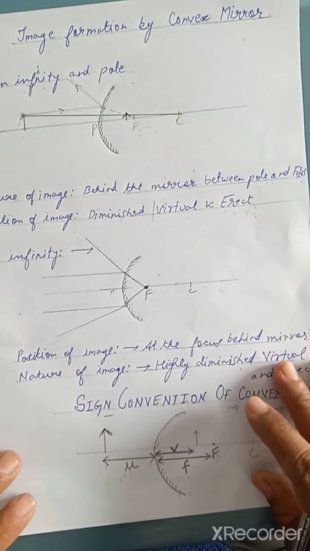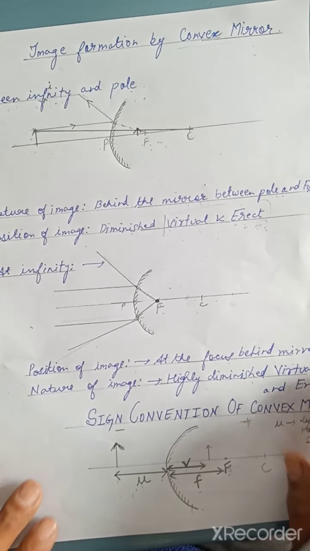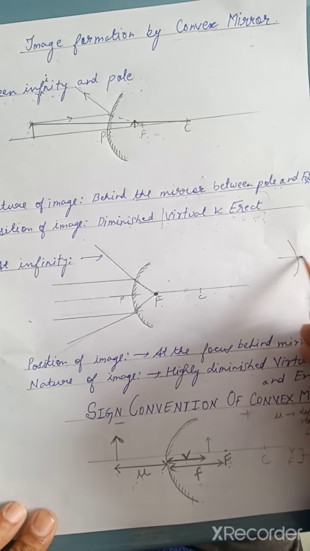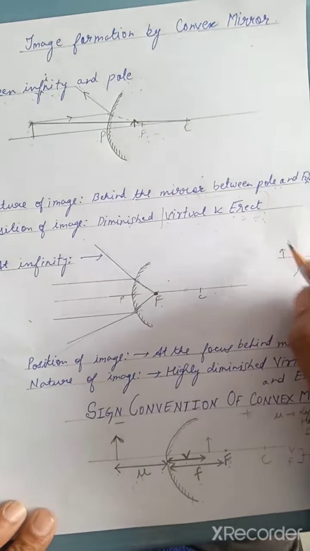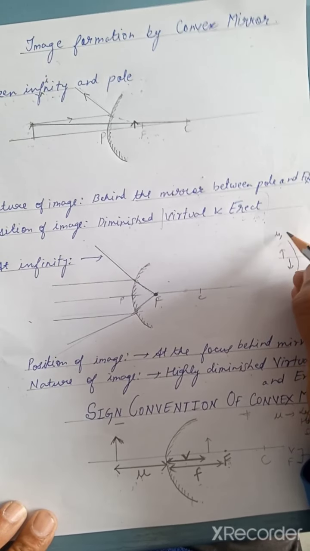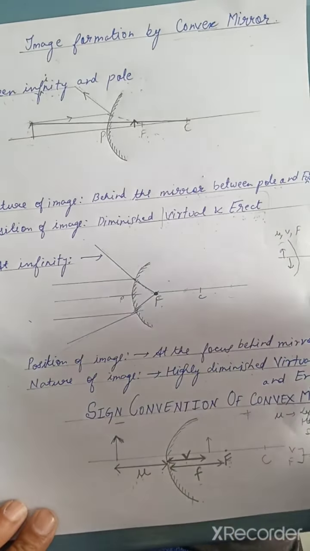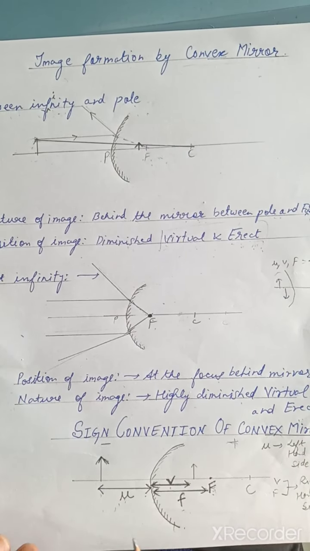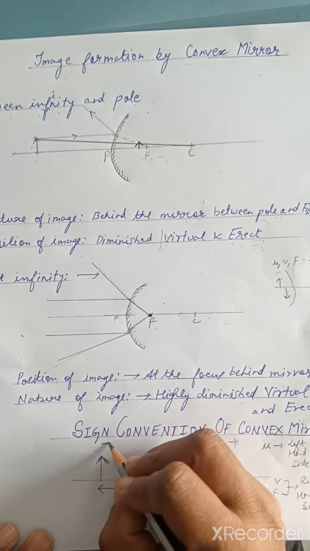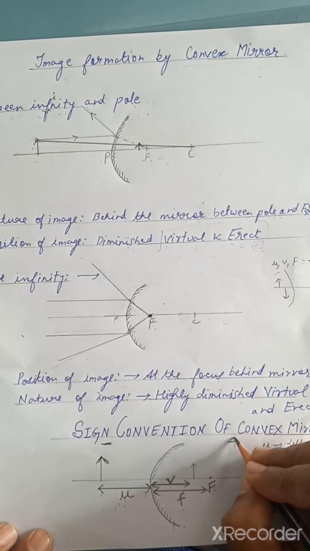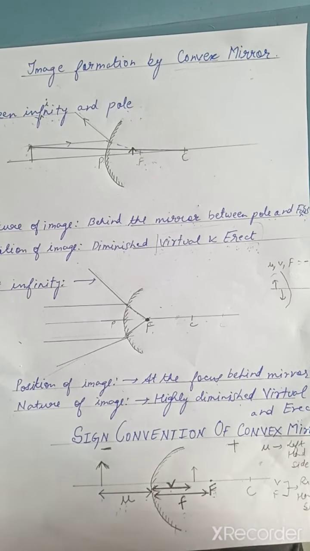So students, we already know the convention of the concave mirror. What happened in the concave mirror? This was the condition. The object was kept here, a real and inverted image you are getting, and the focus was also here. So in all three cases, u, v, f, all were considered negative. But here in the convex mirror, u will be considered negative, and v and f will be considered positive because they are on the right side of the mirror.